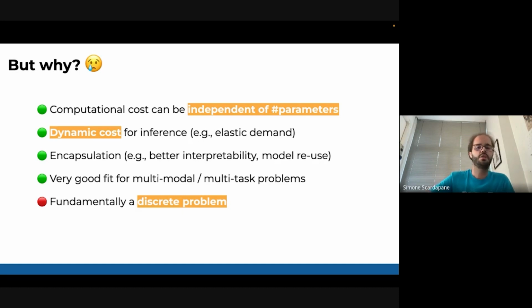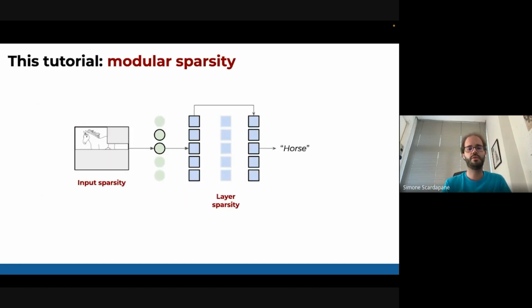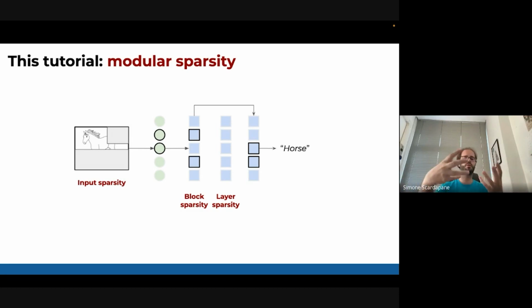What are the issues? If we go back, sorry, to this figure, what I basically need is a layer that I can train that allows me to do this sparsification. So I need some automatic way of training the network so it can take, for example, a patch here and say, okay, I will keep it or I will discard it. I will skip this layer, or I will keep this block, or I will activate this block. So all these are discrete decisions that the network needs to make to work in this fashion.